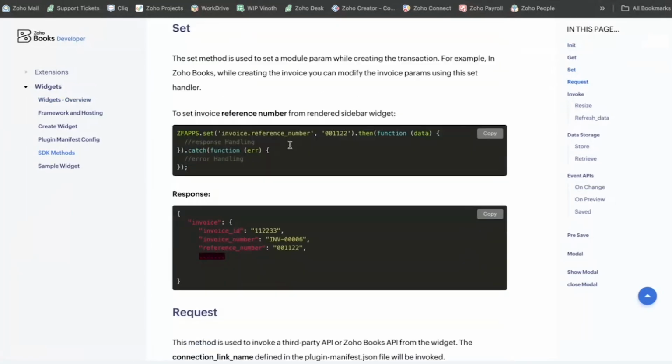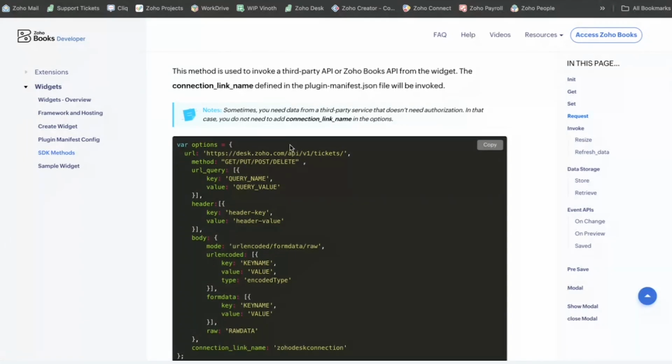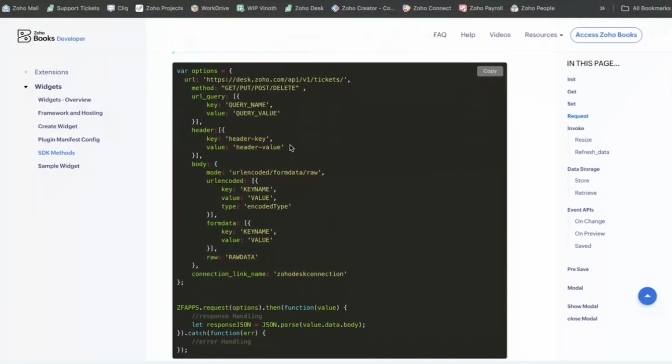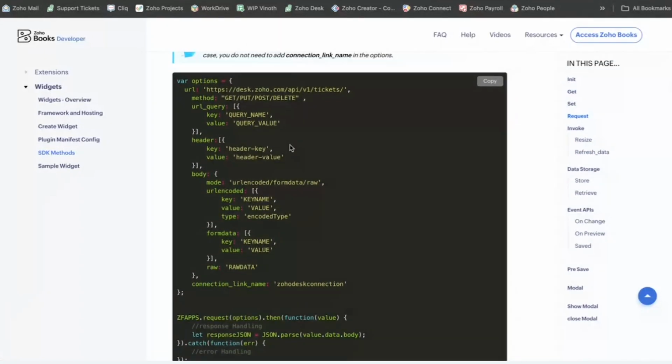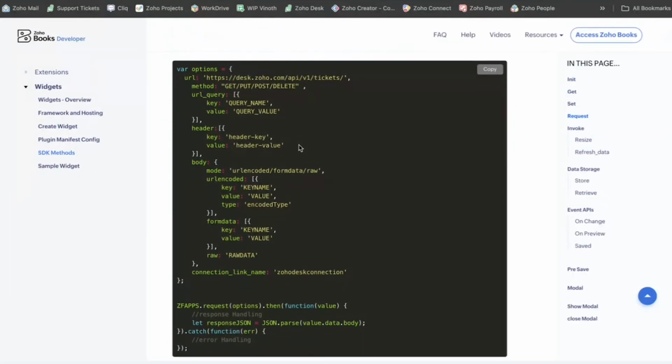Next, we have the request method. So whenever you need to handle data apart from the modules that we have just mentioned within the get method, or you want to handle data from third-party services or any other Zoho Books API, you can go with the request method. So here you can see the syntax to construct the request method is given over here. Using this as a reference, you can construct your